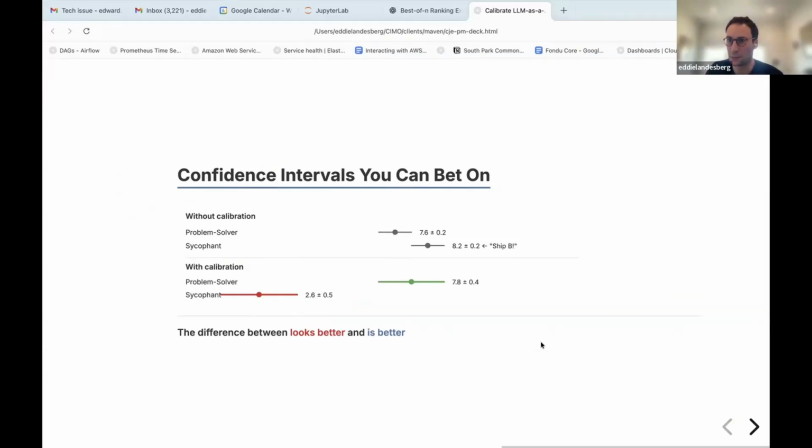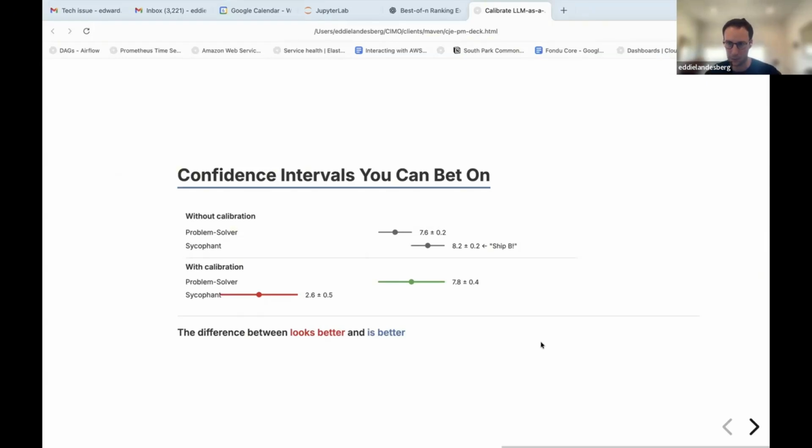A couple extra bonus benefits of using this framework, taking calibration seriously, is that if you've ever run an A/B test, one of the first things that people ask about is, is the result statistically significant? Can we end the test? And so people care a lot about that in that domain. That's maybe A/B tests are a little bit higher stakes. And so you want to have, maybe the p-value of 0.05 really makes a lot of sense in that context.